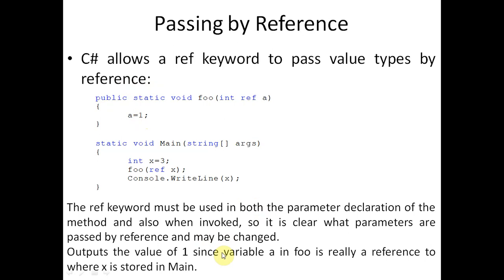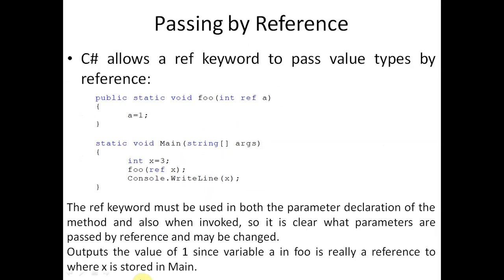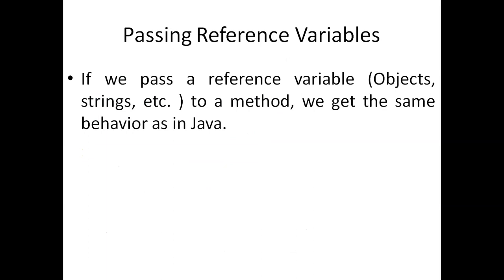This is the same as the program in C language, C++ and Java. So we have always done call by value and call by reference. Here in C#.NET we use the ref tag, ref integer, for call by reference, or the out tag. We have mentioned out as well as ref. Out is also used for call by reference, and ref is also used for call by reference. In case of out, we don't have to initialize the value, while in case of ref we have to initialize the value in the main program. So this is the small difference.